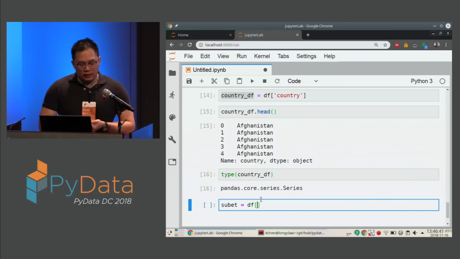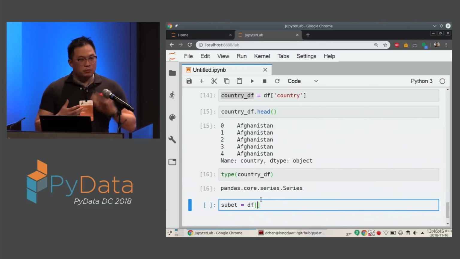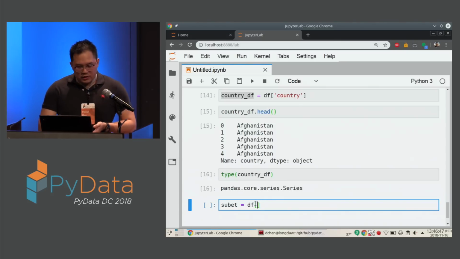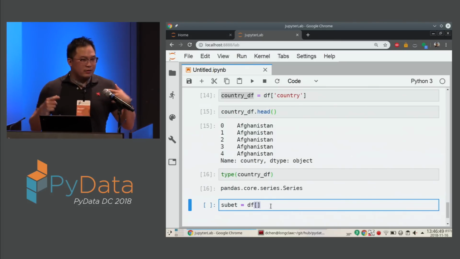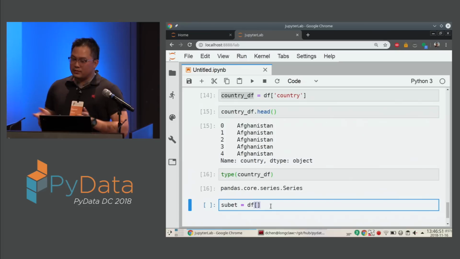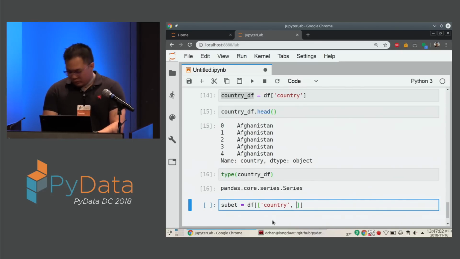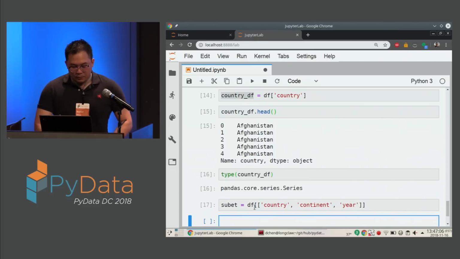So what you can do in Python, if you're trying to specify by name multiple things, is put them in a Python list. So we have this outer set of square brackets, which is really telling Python, hey, I want to subset something. And then a list in Python is another set of square brackets. So that's why you'll see double square brackets if you're trying to pull out multiple columns at the same time. And so here, if we wanted country, continent, and year,